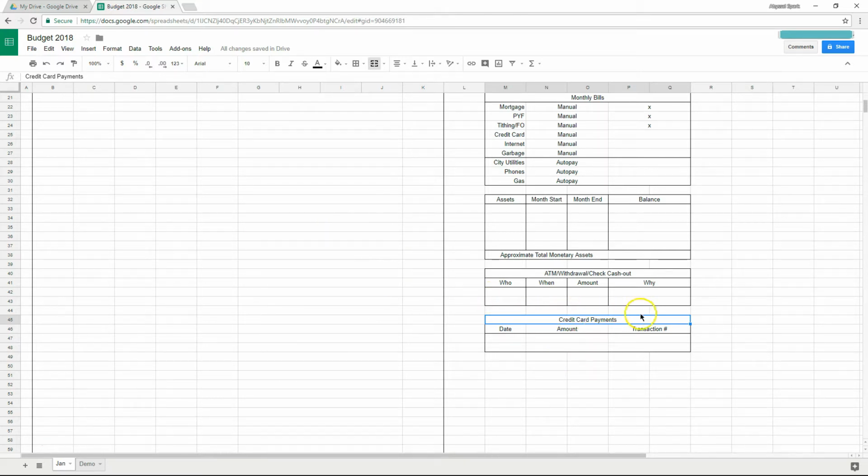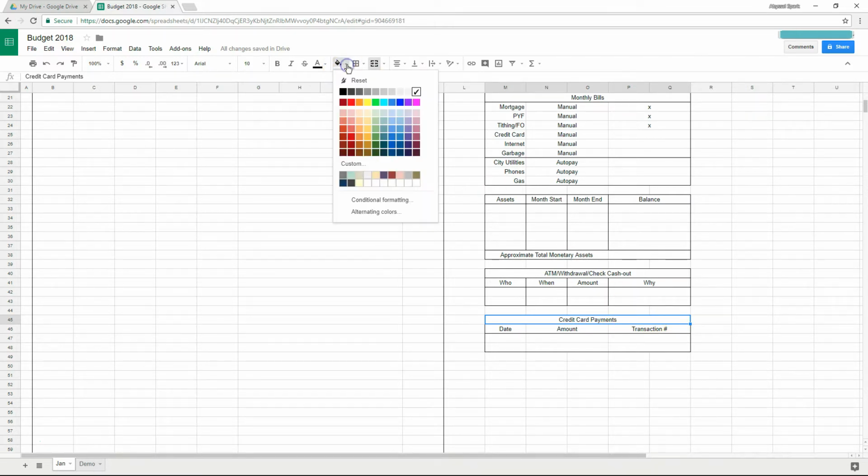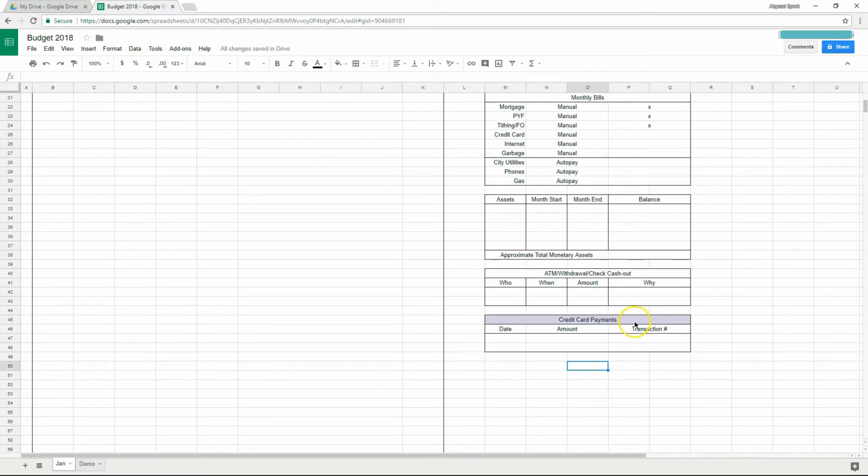So if you want to change the cell's background color, you're just going to come up here to this little paint bucket where it says fill color. And you get to pick any color you want. You can have whatever color scheme you want, or if you're a minimalist, you want just black and white, knock yourself out. So let's go with a nice lavender, and also what I'm going to do is I'm going to bold both the title and the column headers, and you can just come up here